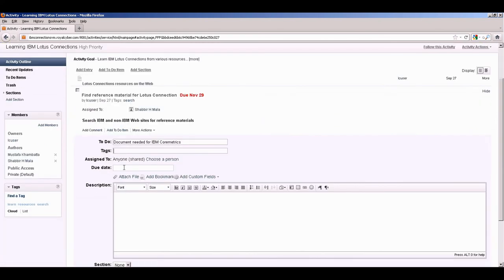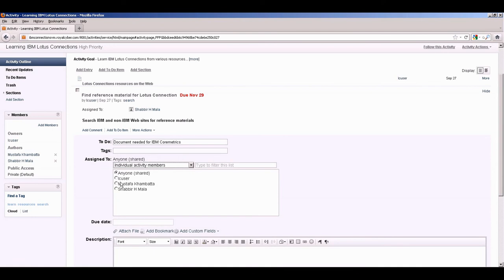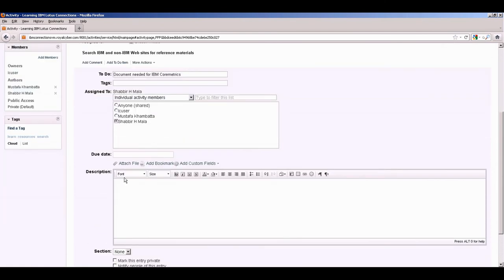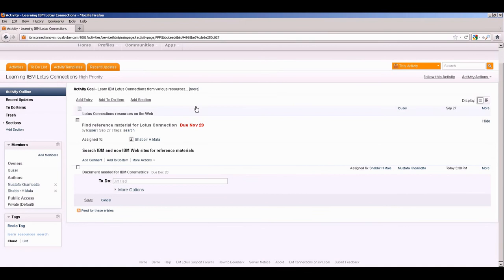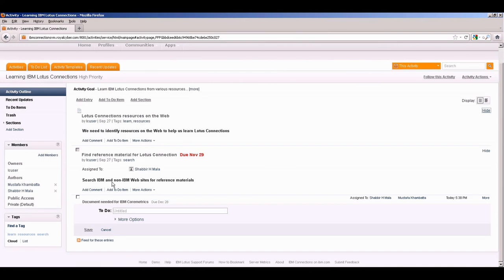More options. You can tag it, then you can choose a person to assign it to. Let's say I want to assign it to Shabbir Mala, and then you give a due date, let's say 28 December. Then you save this. We'll give you the Lotus Connection resources, and one of the resources I need is find reference material for Lotus